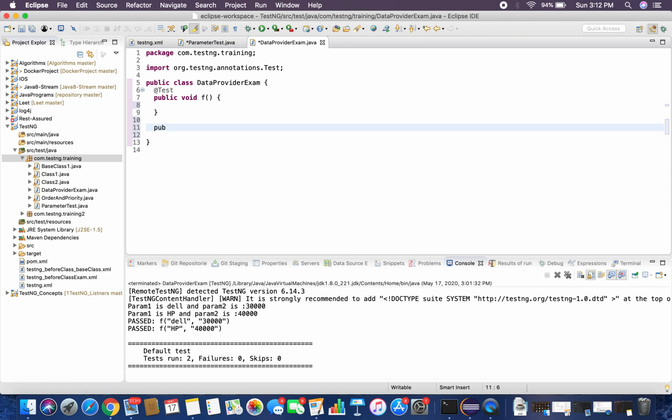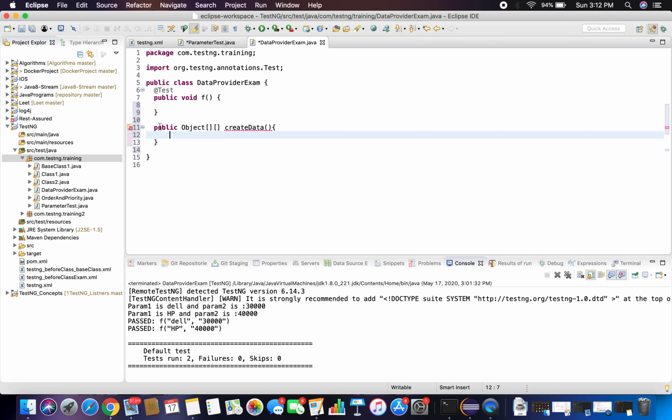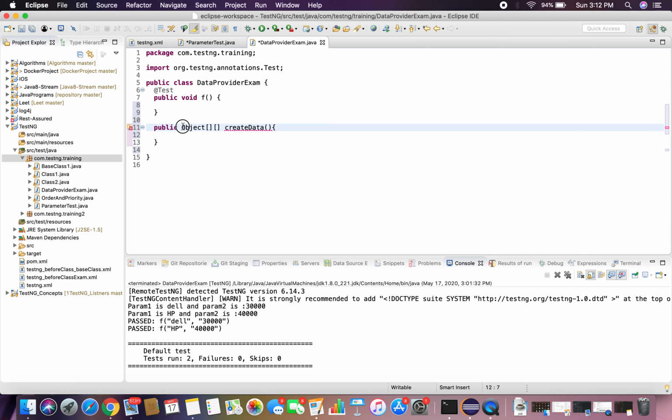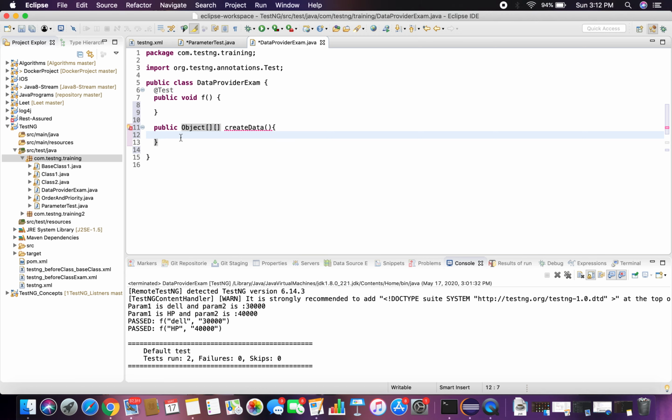That is a method, public Object[][], I'm going to name this as create data. What this method is going to return is an array of objects.